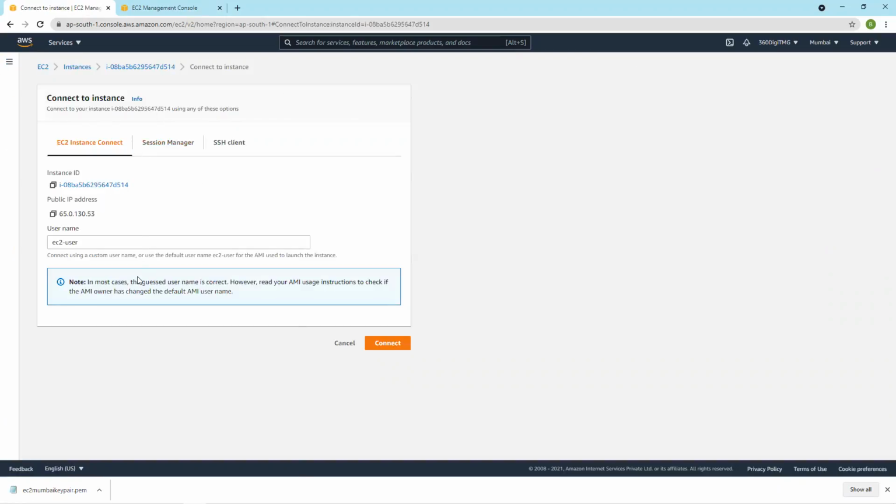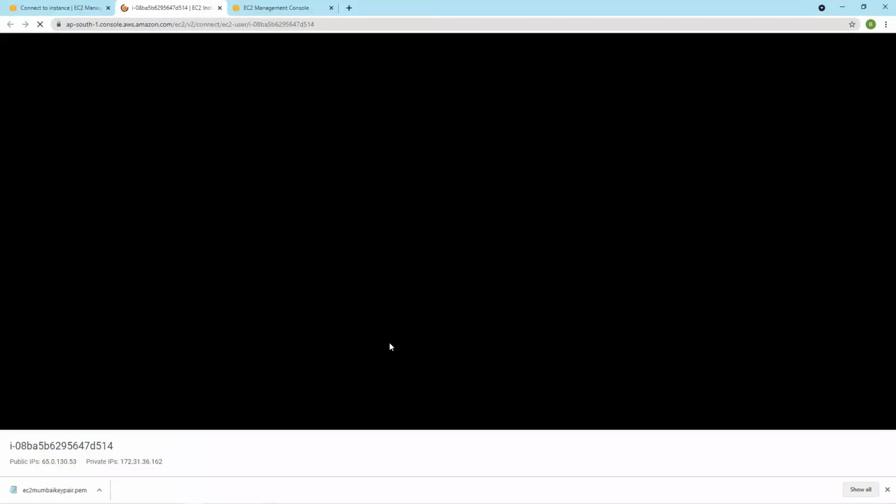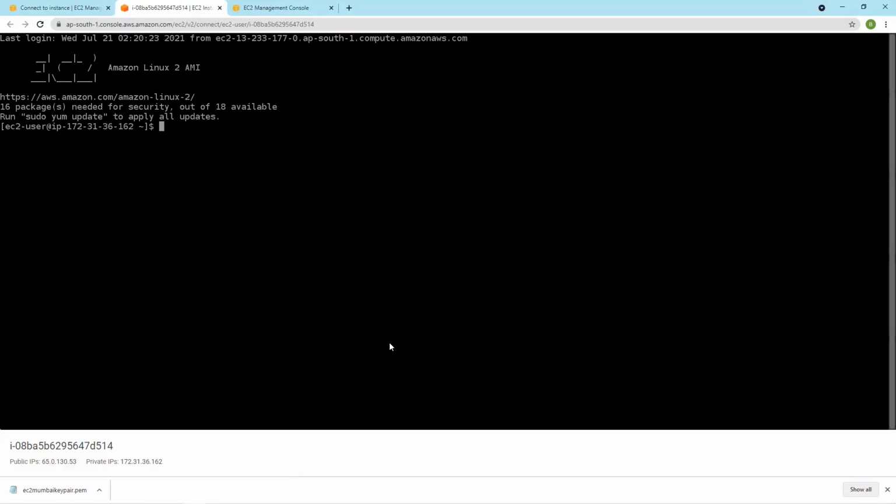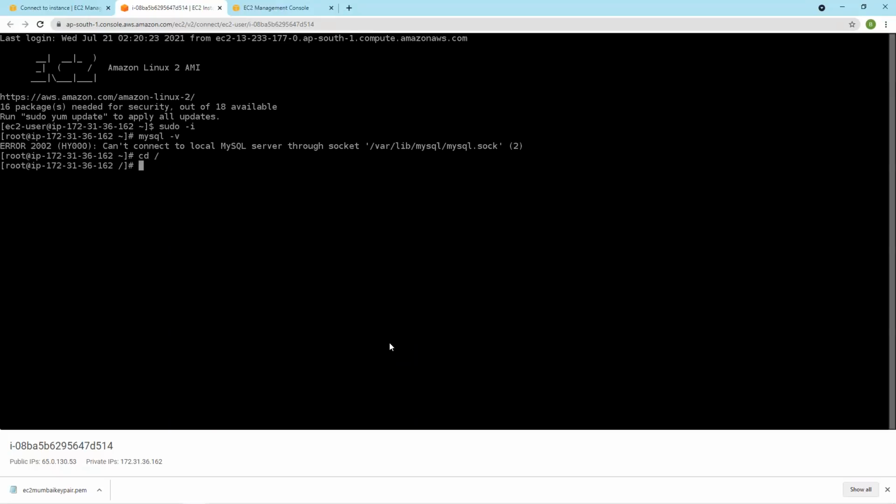Connect to the instance. So MySQL: cannot connect to MySQL server through socket var lib. So let's go here and check.